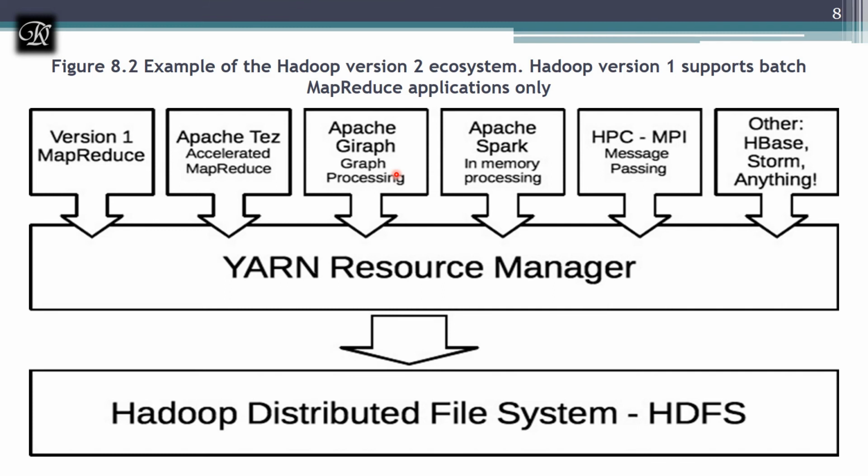So graph means what? Whenever we come up with the term graph, we have to remember the network. Where all do we have networks? In social media, we have a network. Facebook, yes, we have a friends network. Twitter, yes, we have a follow network. And LinkedIn, yes, we have a connection network over there.